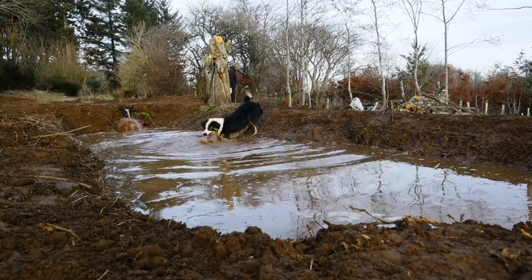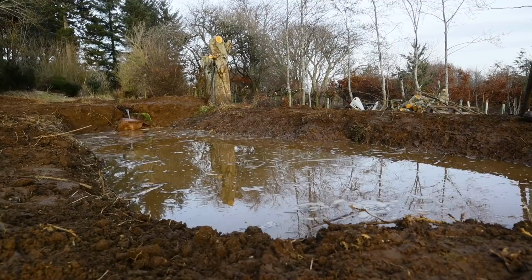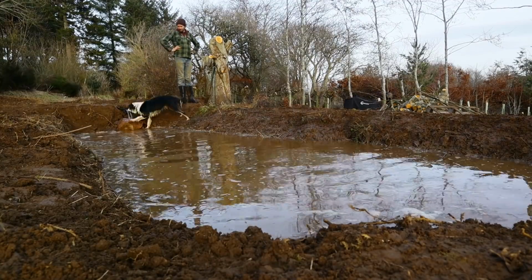Anyway, it's all good fun. Love playing around with water, experimenting with different designs for capturing water and keeping it here on the landscape, which is what this is all about. We've made these ponds so that we can capture the abundant supply of water that we've got here on the